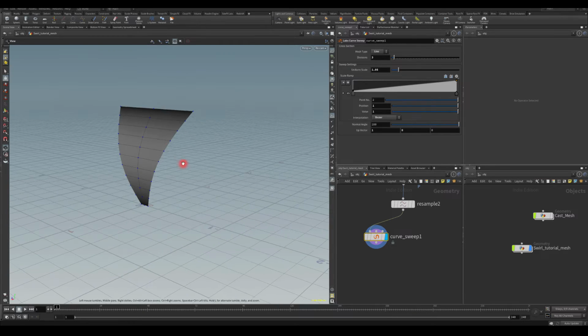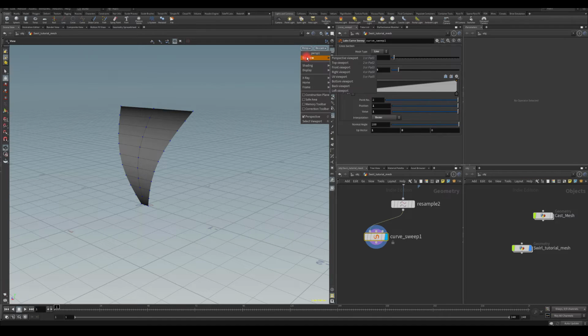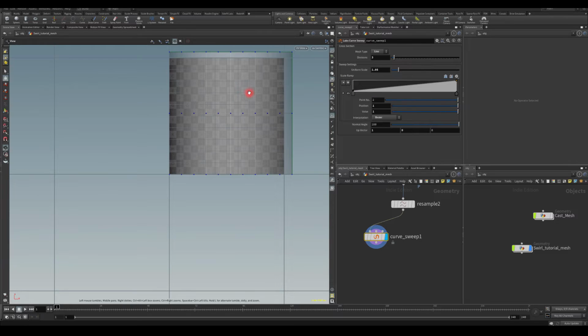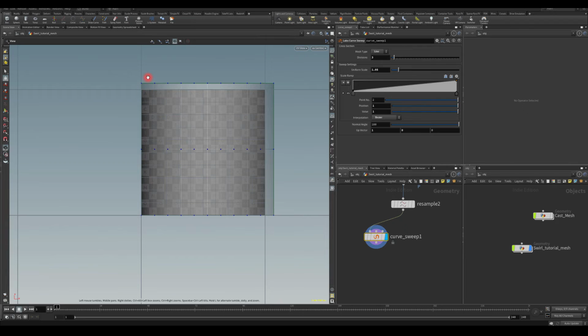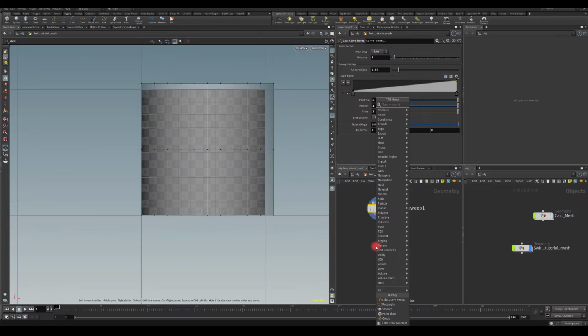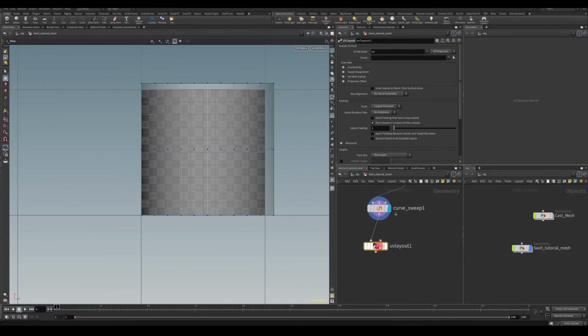Okay, so the next thing would be to create really nice automatic UVs for this part. So let me see how the UVs look right now. So go to perspective, set view, UV viewport. And as you can see, they're kind of going a little bit over the UV island. Okay, so what you could do, you could probably use UV layout,